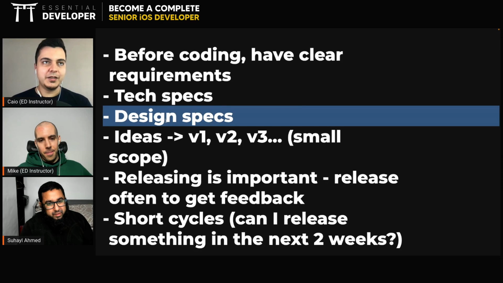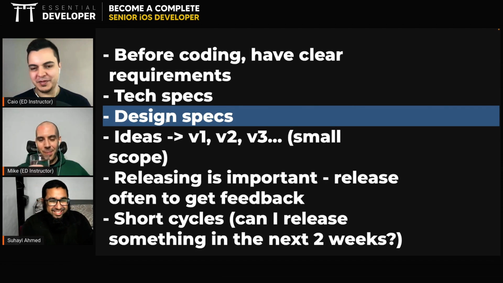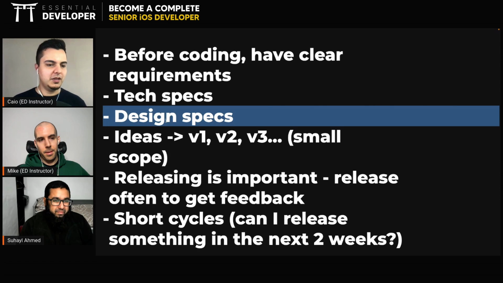Also, another thing that can get you stuck is the design specs. Because if you're not a designer, and I'm not, so I'm not good at design. I know how to code things, but design, I prefer to hire a designer or work with a designer. So I'm just lucky that on iOS the default things already look good. If I'm just using the default, following the human interface guidelines, it will look good. It's not going to be anything custom and different, but it's going to work well. When people are used to that user interface, it's going to work well. So don't waste a lot of time coming up with a design if you're not a designer.